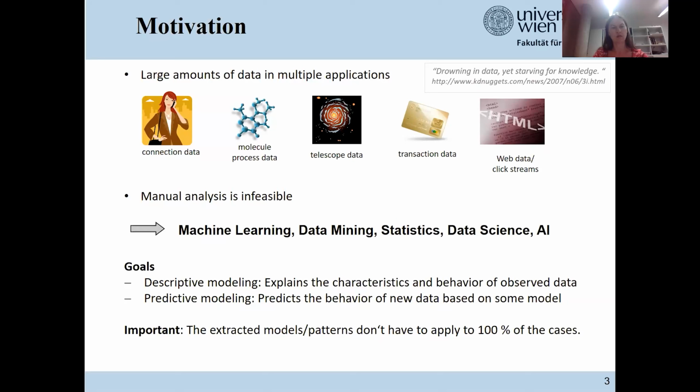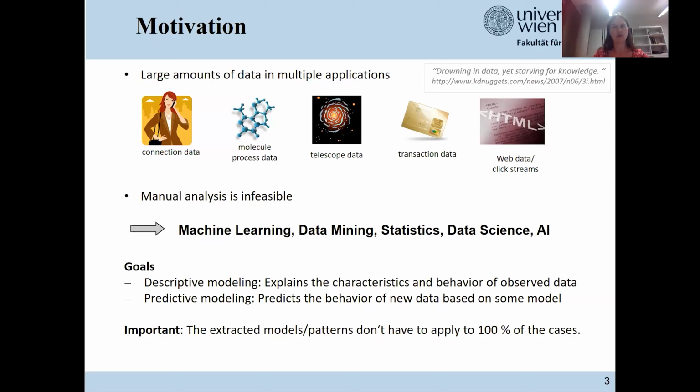In both tasks or goals, it is important to notice that the extracted models or patterns don't have to apply to 100% of all the cases. If you would construct a model which covers 100% of all your cases, you would run into severe overfitting, and you get the same problems again, that your model would have an excessive size and is completely not understandable anymore.